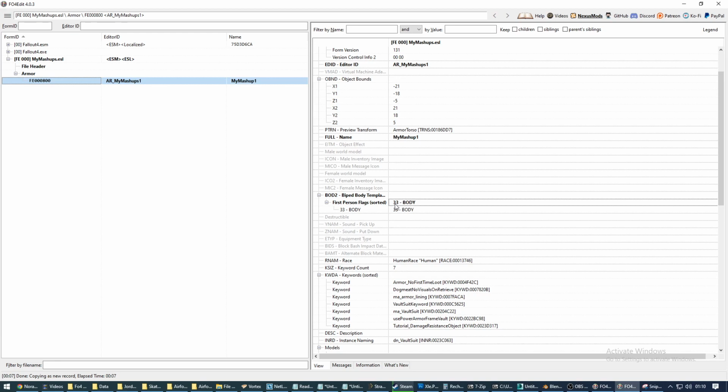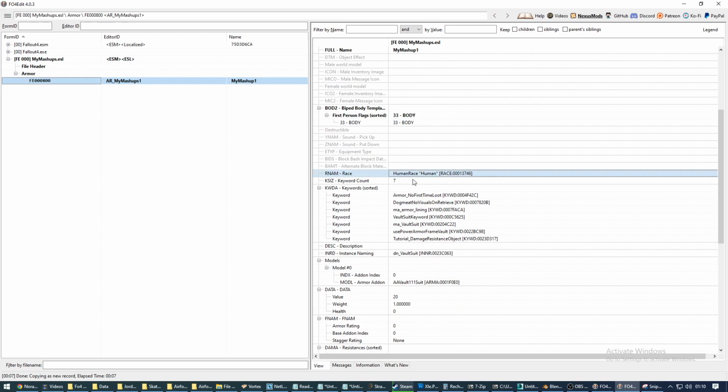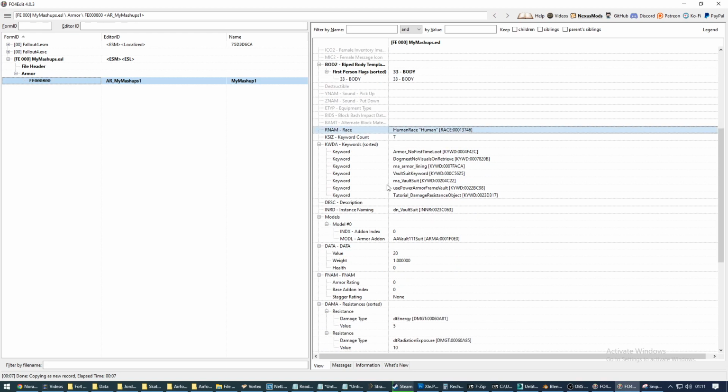When you equip an item that is assigned the slot 33, the game will remove your naked body and replace it with that mashup, which obviously includes a body, or hopefully includes a body, else your character will come up naked. Human race, alright. Some keywords, not gonna go into detail here, just for reference, MA armor lining,